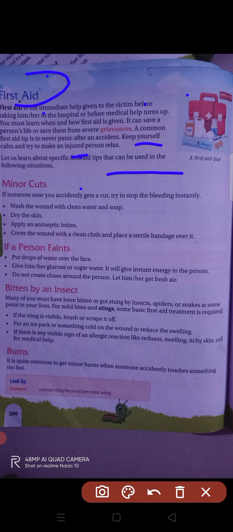when suddenly someone gets some injuries. Even now, when someone suddenly gets an injury, we use this turmeric powder. So instead of that, you can go to your home and just bring a first aid box. First aid is nothing but the immediate help given to the person. Victim means the person who has got injuries, or who is suffering from some accidents or minor or